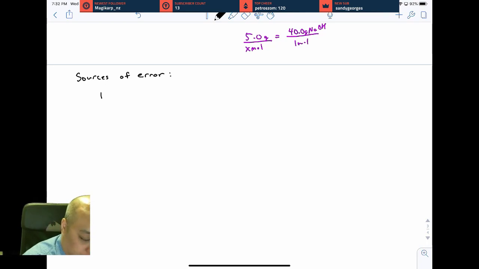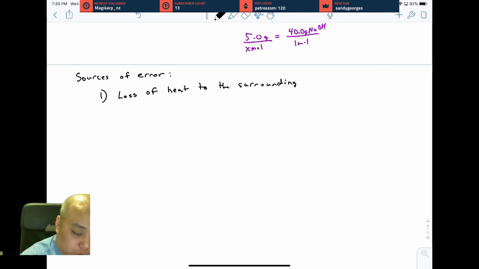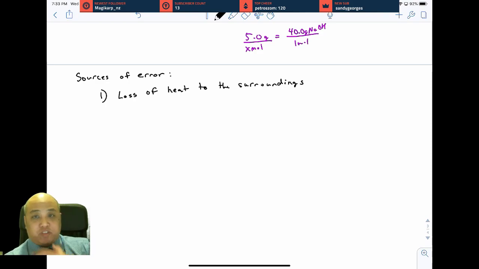The number one starred source of error in every calorimetry lab is loss of heat to the surroundings. You are always going to have heat being transferred to the air, being transferred to the calorimeter cup, whatever it is, there's going to be heat loss to surroundings. Not all of it transfers into the water,